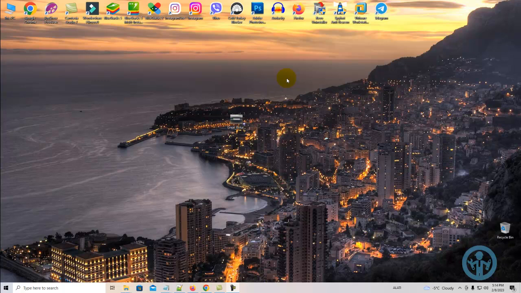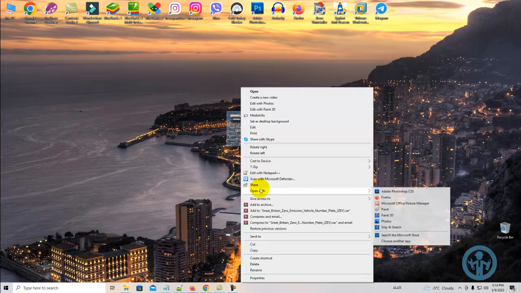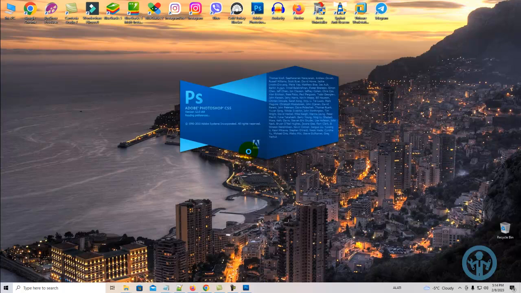Hello guys, in this video I will show you how to remove or blur car plates. I will use Adobe Photoshop version 5 to do this. Here we will open this image,